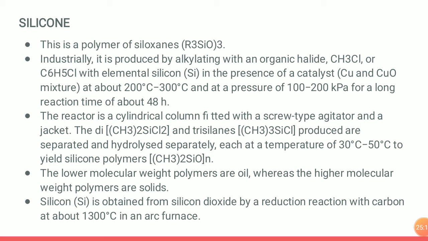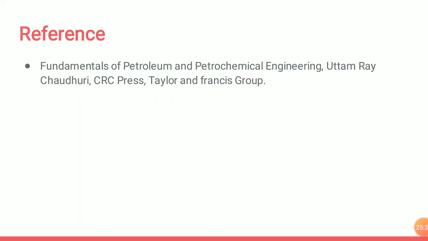Silicon is obtained from silicon dioxide by a carbon reduction reaction. So this is how it is produced. It is also a very useful type of polymer that has been used in industries, and it is one of the major products coming out of petrochemicals. Now these are all polymers generally used in our day-to-day life. Nylon has wide applications, and again we have seen the various types of resins. Again they have wide applications. They are used as adhesives. Various applications are there.